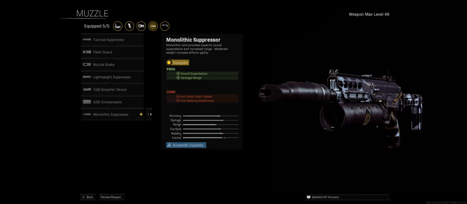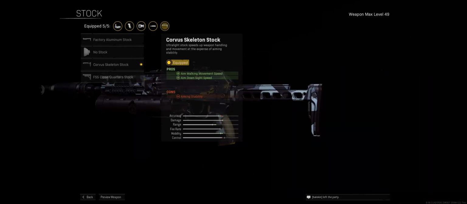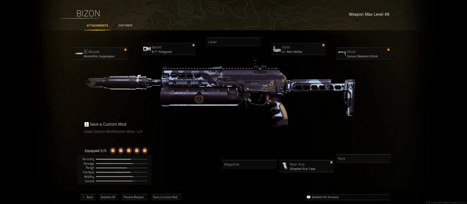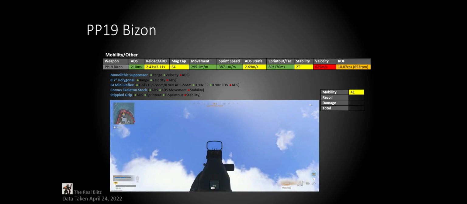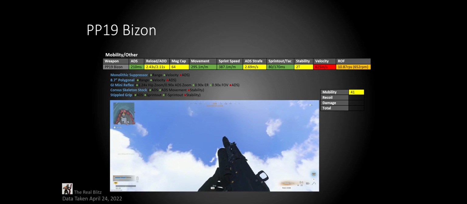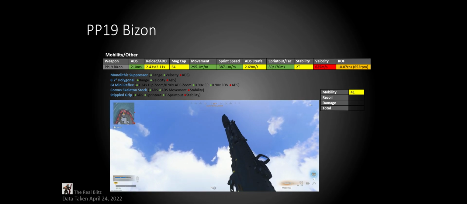In this build, we'll be using the monolithic suppressor, 8.7-inch polygonal barrel, GI mini reflex, Corvus skeleton stock, and stippled grip. So let's check out the stats, starting with mobility. It's got a pretty good ADS time of 210 milliseconds, and a reload and reload add time of 2.43 seconds from empty and 2.11 if you leave one bullet in the mag, which is pretty decent considering its magazine size